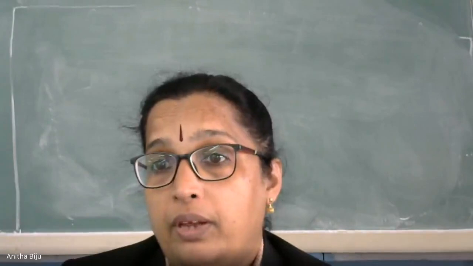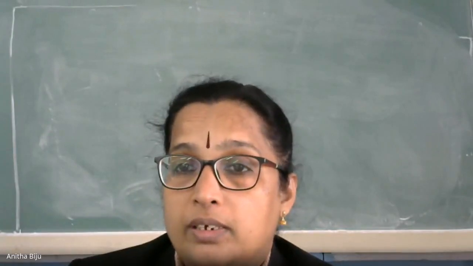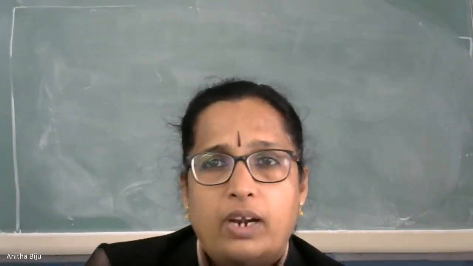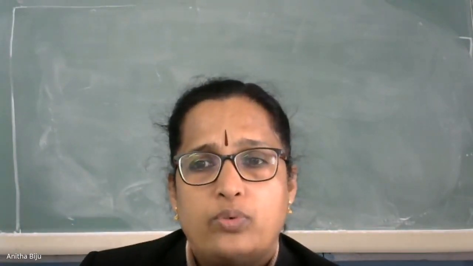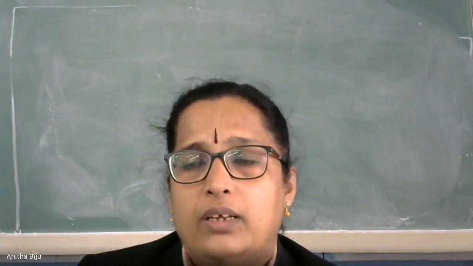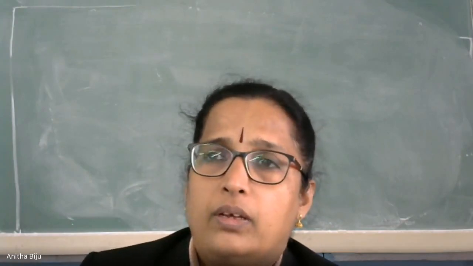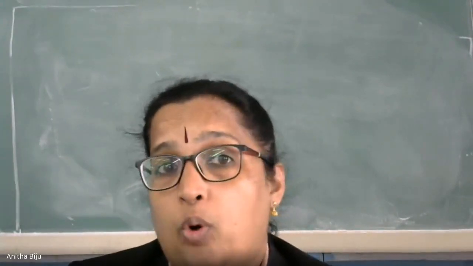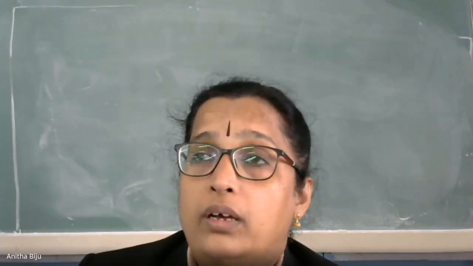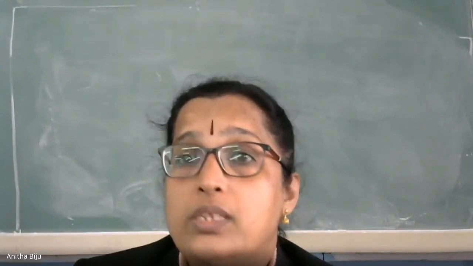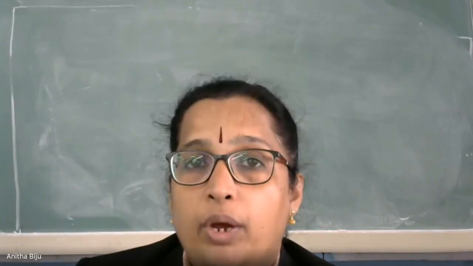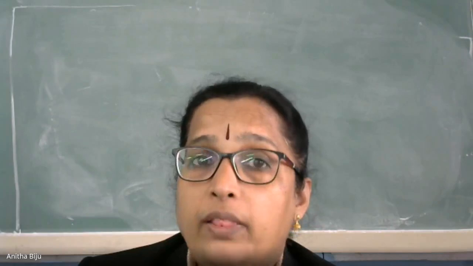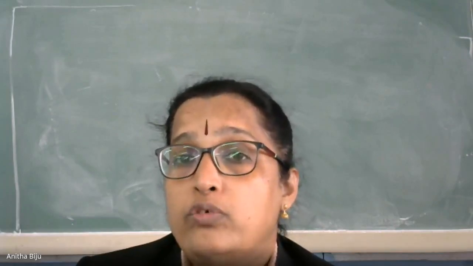We can compare this. Two uses are almost similar. It is related to the same field. One is used in telescope, the other is used in microscope. Both of them are used for correcting eyes, but for different problems. First is myopia, those people having problem in viewing distant objects. So in order to correct myopia, concave lens is used, and in order to correct hypermetropia, that means people having problem in reading newspapers and all.